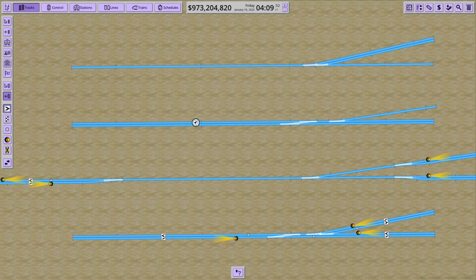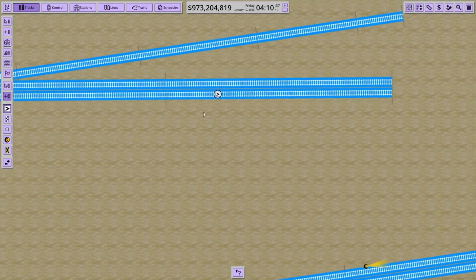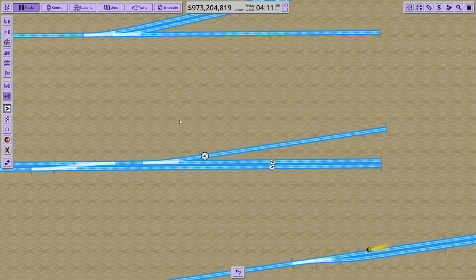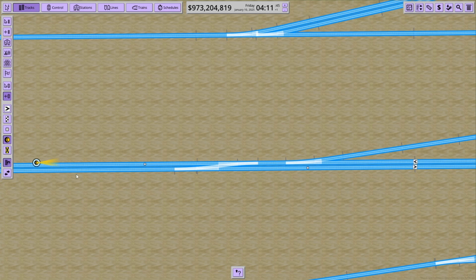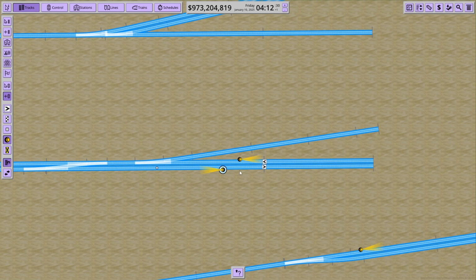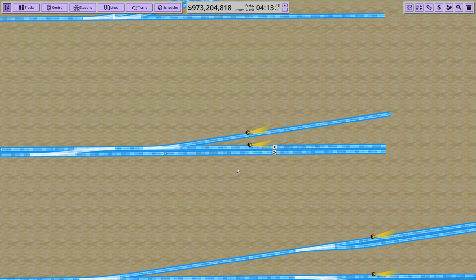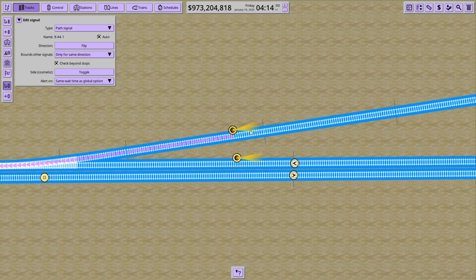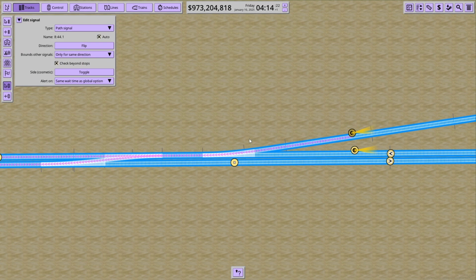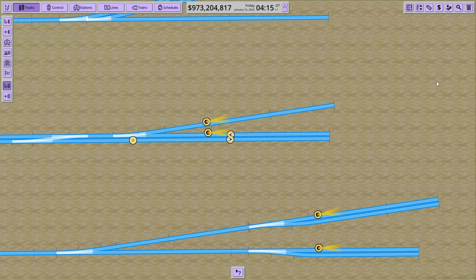Now, next scenario, main line to single line. Also very simple again. I mark it with the arrows because we want to keep the main line unregulated. I put in the balises, I put in the normal signals. And now you may think, okay, how do we do that? There are 2 options. Option number 1 is you put it right next to the main line. That way the train will only arrive when it arrives at the main line, then it will check for this area. When you do it like down here and you put it at the next station, and the station is